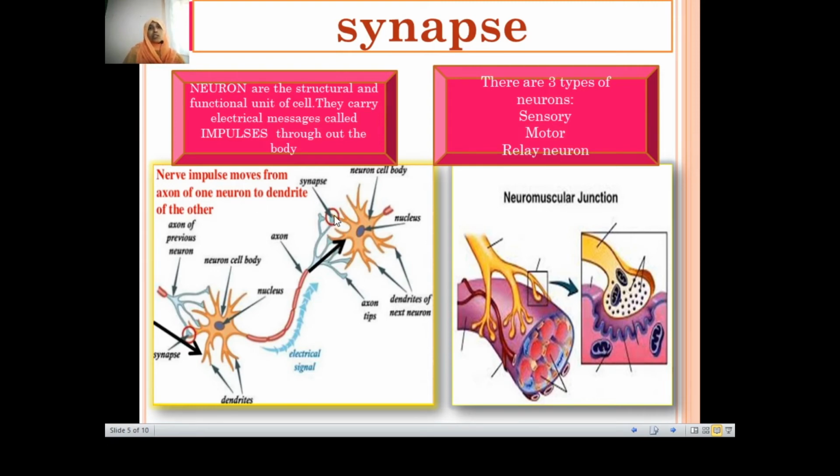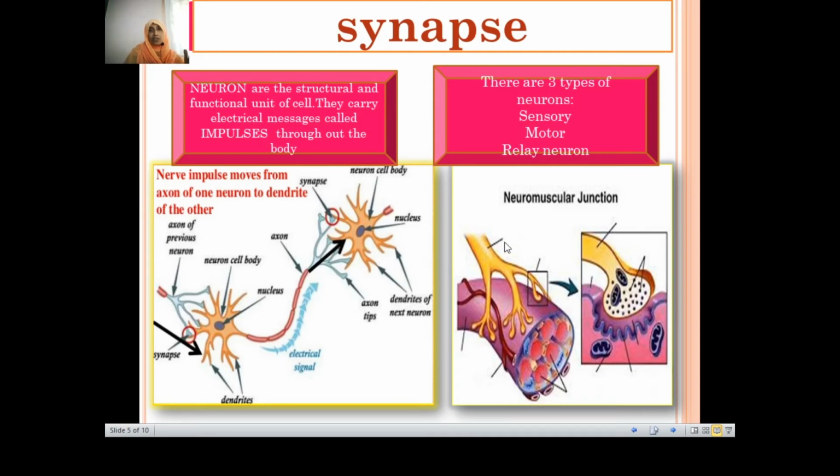So this is how the signal is transmitted from one end to the other until it reaches the effector part. It could be the muscles or it could be the glands. This process continues till it reaches the effector part. In this case it is the muscle cells, which is why we call it the neuromuscular junction. Finally, when it reaches the muscle, the brain signals that the muscles either contract or relax, depending upon